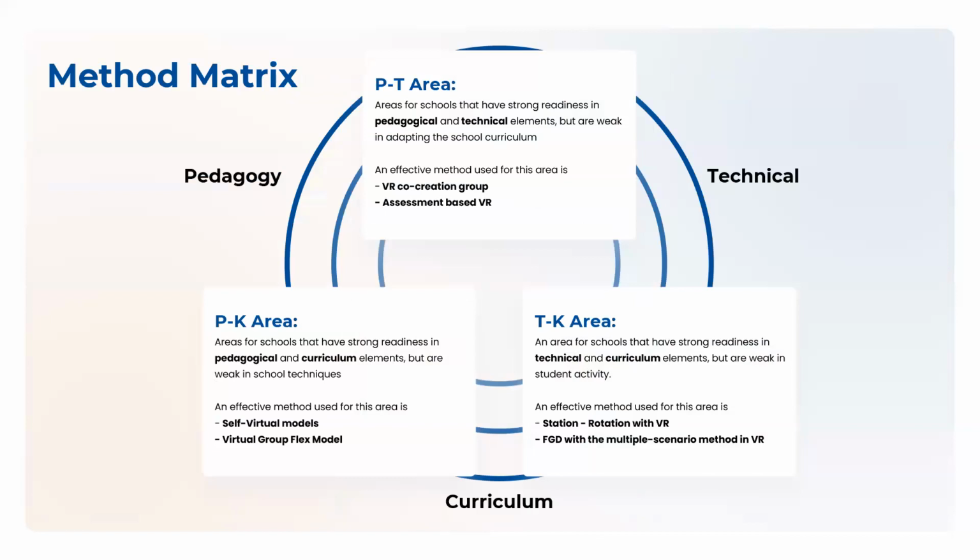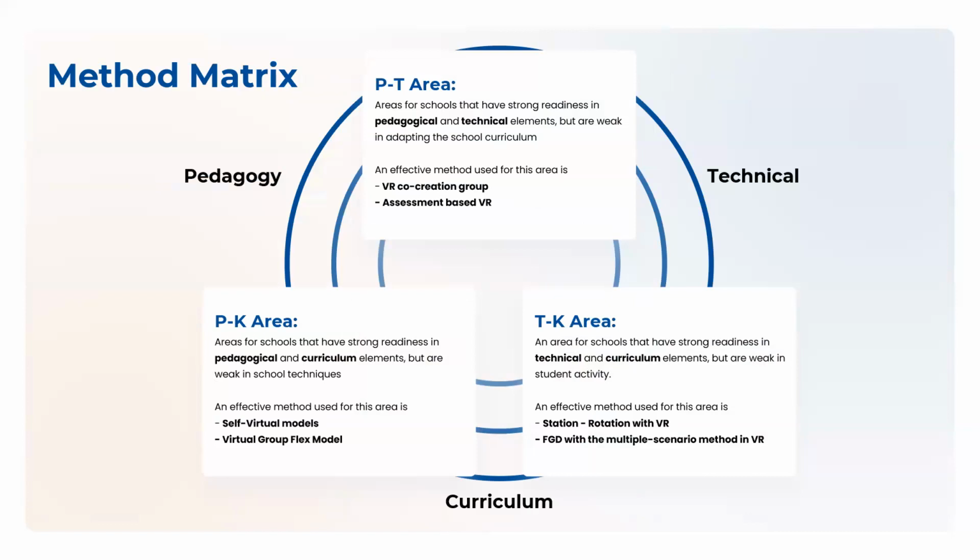Okay, this is our method matrix. It consists of the PT area, for schools that have strong readiness in pedagogical and technical elements, but are weak in adapting the school curriculum. And these are the methods we can use: virtual reality co-creation group and assessment-based VR. And we have the TK area,